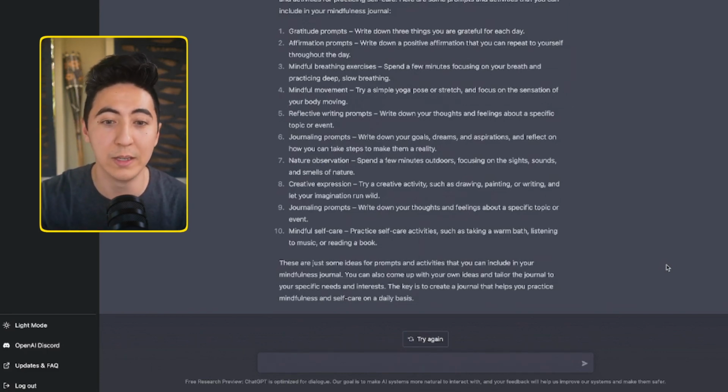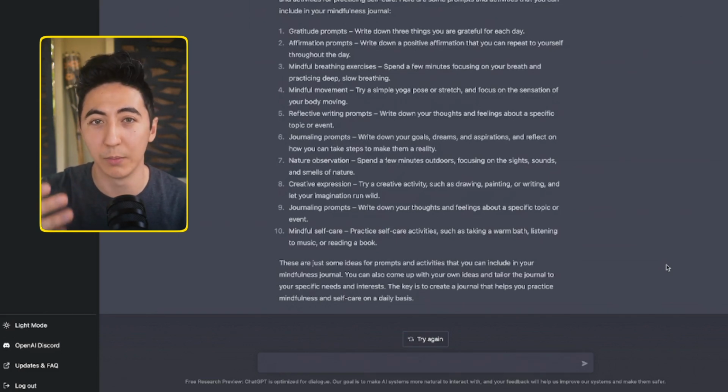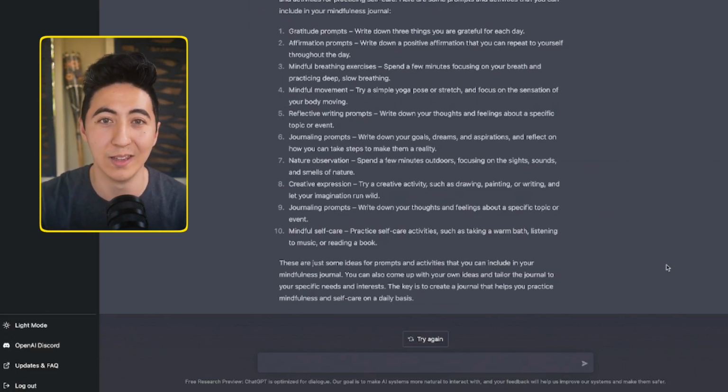Now I could expound on these, or I could get a little bit more detailed. Again, as you can see, we could just use the expound feature to get a little bit more detailed information. But this is a really nice bulleted list, because now I know when I'm going through my book, I can include these different types of things into my planner.